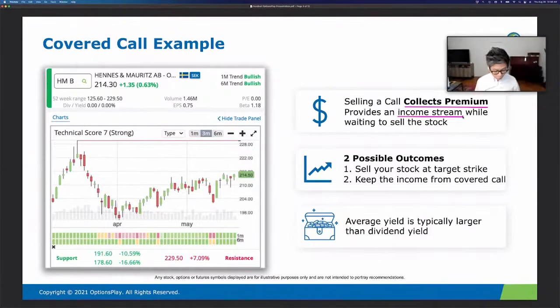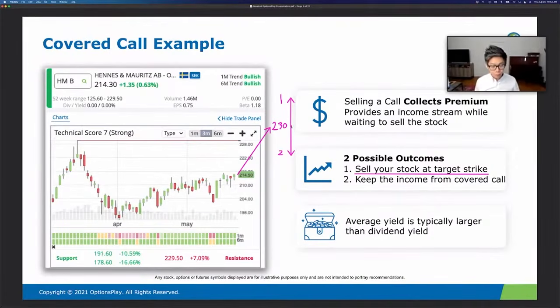And each time you sell a covered call, there are 2 possible outcomes. Either the stock reaches your target price. Let's say I'm looking to sell the stock at 230. Now, by the expiration date of the covered call, the stock can either be above 230 crowns or below 230 crowns. Those are your 2 possible options. Now, if the stock is above the strike price, you effectively sell your stock at the target strike price. Similar to a limit order, once the stock reaches that price, you get filled on your trade and you sold your stock potentially at a profit.